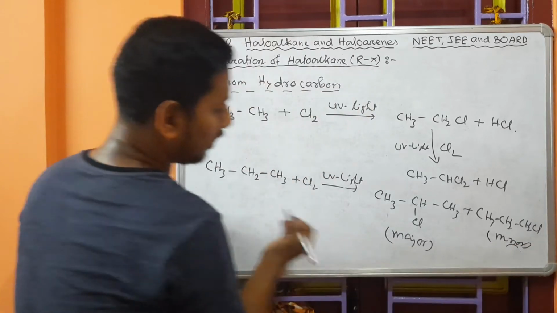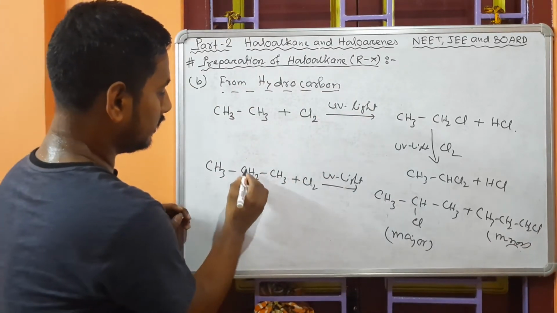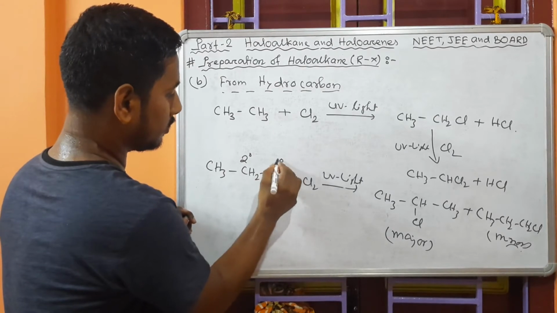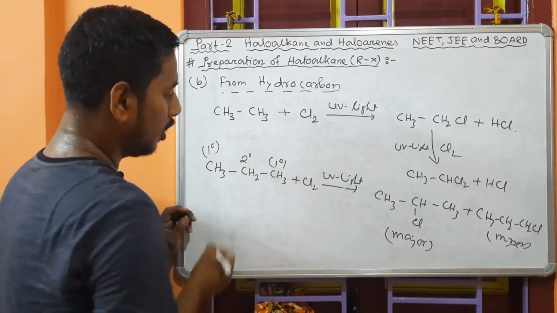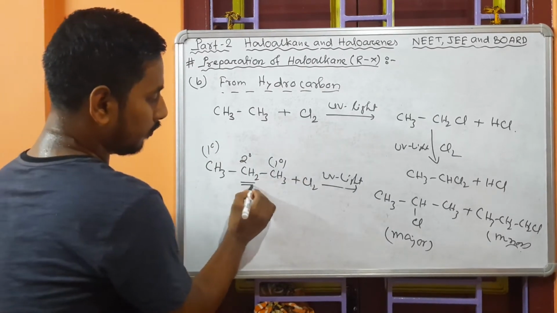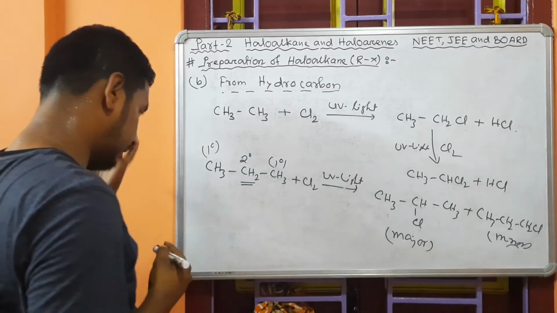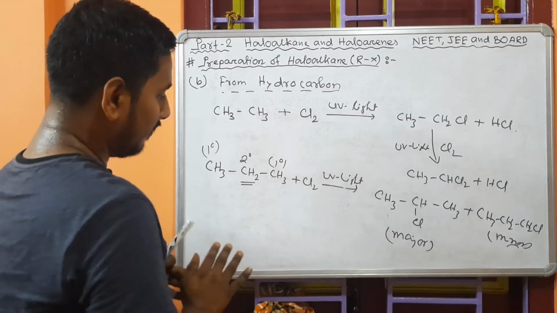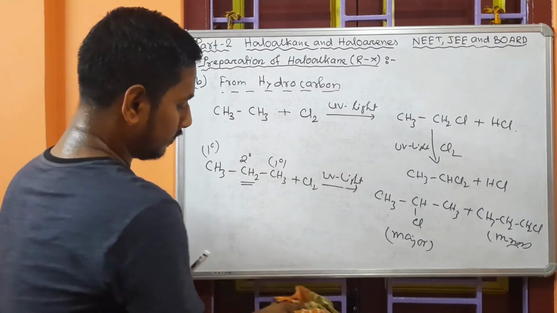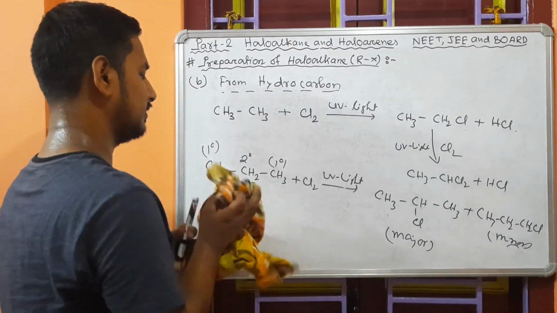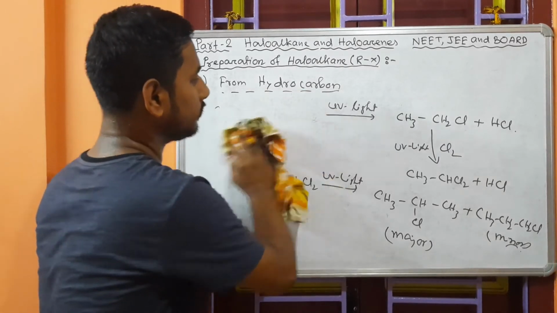Why is this minor and why is this major? Because see, this carbon is 2 degree and this one is 1 degree, this one is also 1 degree. So 2 degree will form the more stable product than that of 1 degree, and you have to remember this thing. After that, one thing you have to remember, which you already studied in class 11, that